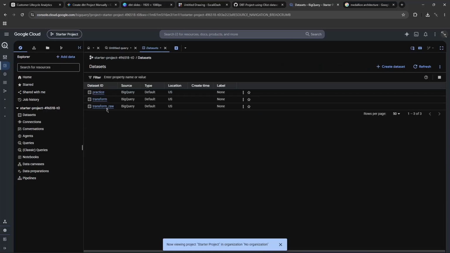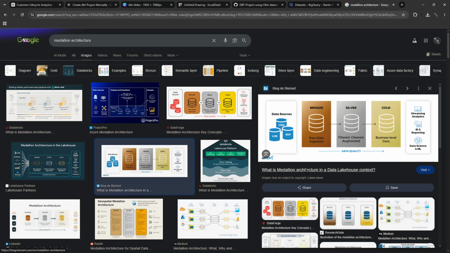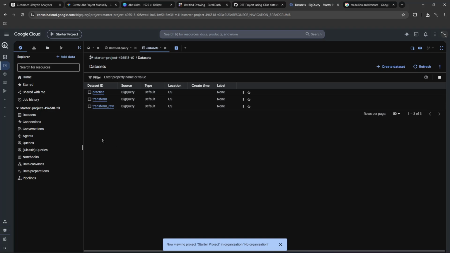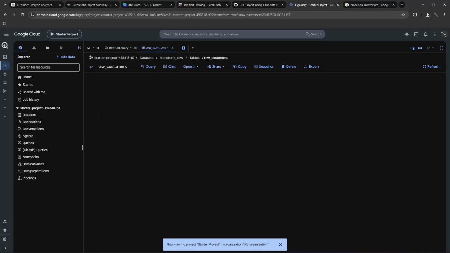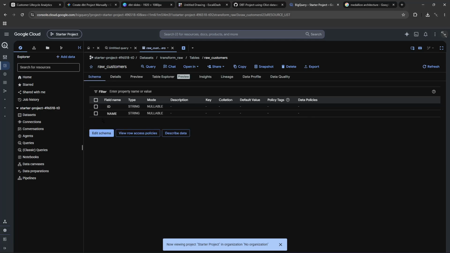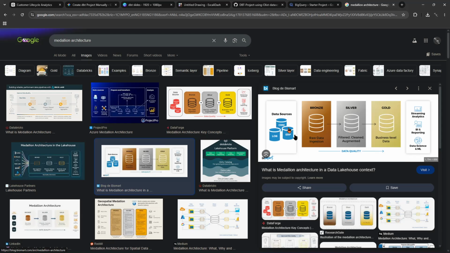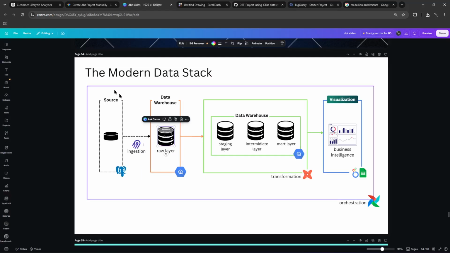So this is it. If you're just seeing the illustration, you don't really get what's going on under the hood, but when you now see your actual tables, you just realize at the end of the day it's still just tables. It's literal tables that you can even export to Google Sheets and use. They're just naming it in a particular order. So you have your raw, and then first you have your staging layer, which is referred to as the bronze in the medallion architecture. Now, the purpose of the staging layer is where you perform